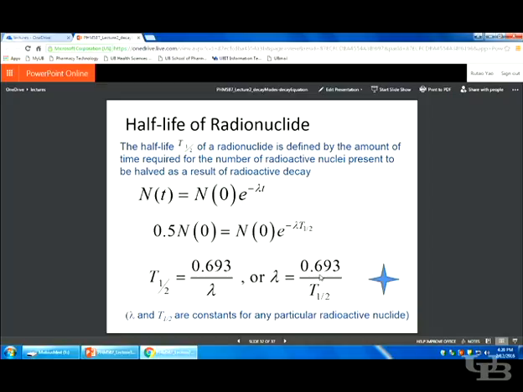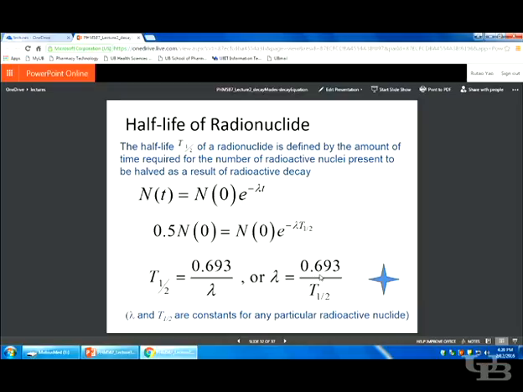Here is a slide about half-life. We mentioned it briefly previously, and this slide shows you the relationship of half-life and the decay constant. First, half-life is the time it takes for a certain amount of atoms to decay to half of the number of those atoms. So with the original decay equation,